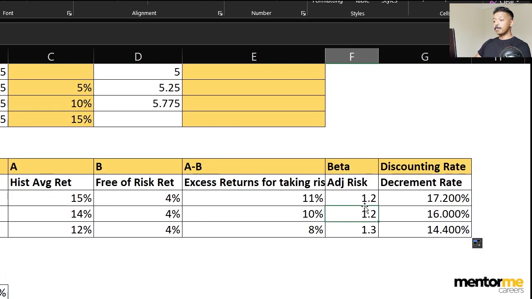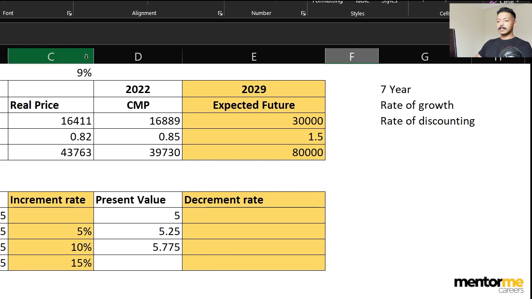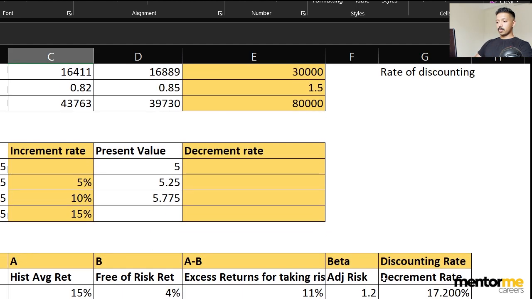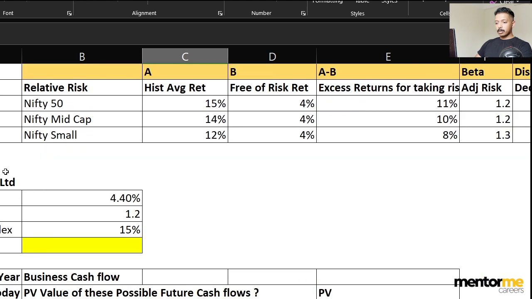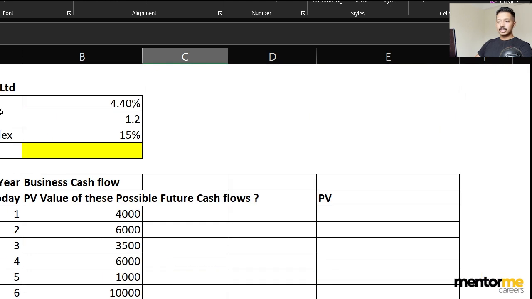And your beta is also very specific to the period that you are calculating. So you have to be again very careful about which period you are calculating the beta for, right? So that is the concept of this 9%, the discounting rate. Okay. So now let's move on to discussing a simple calculation which will show you how this calculation actually works,